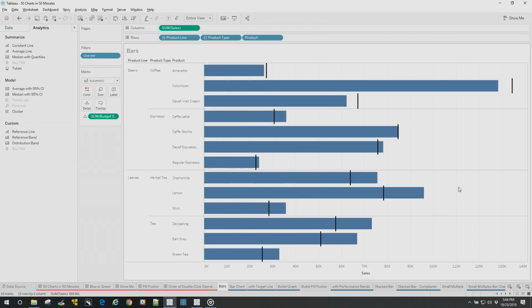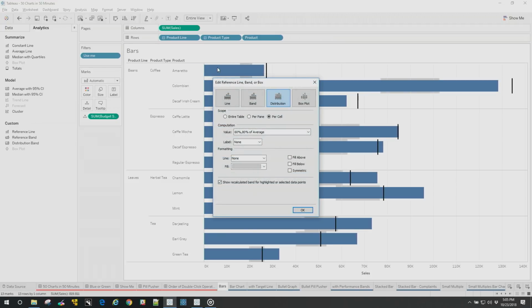All right, what if I wanted to turn that into a bullet chart? So this is one of the fast things you can do with the ShowMe. You can go to ShowMe and make a bullet chart. Well, all that is distribution bands, same thing. I take distribution bands, I bring it over and put it on the cell, and I have distribution bands. To turn it into a bullet, I can set the threshold, 60%, 80%, 70, 90, whatever I want, and